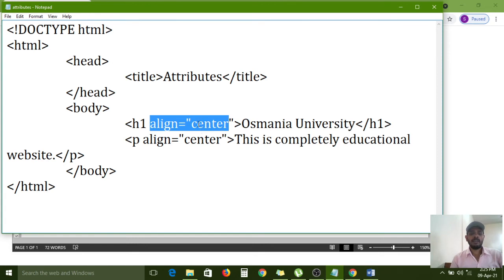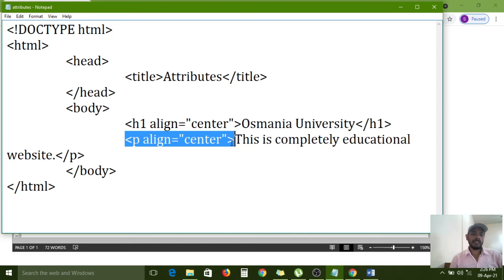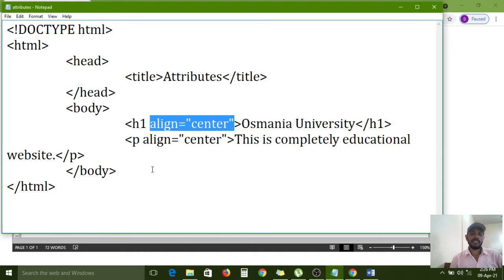So while executing, it reads line by line. First H1 it will present. After that align equal to center. So okay, right to left alignment is not required because additional information is there. Central alignment is required. Then it moves from left to right and takes the center position. Instead of printing at the left position, it will print at the center position. Each and every element is like this. So for that element, it is providing additional information like this.